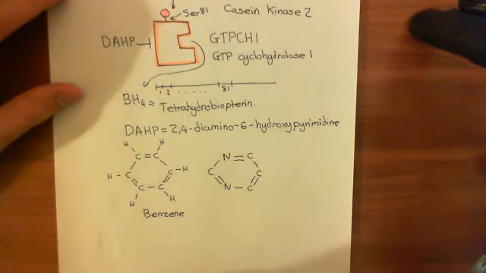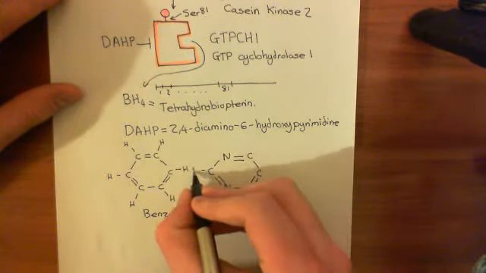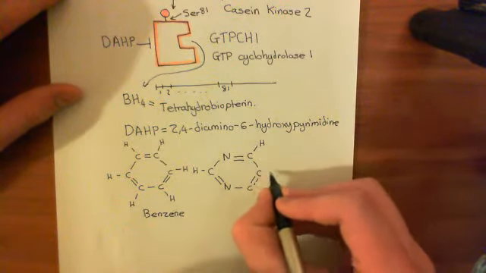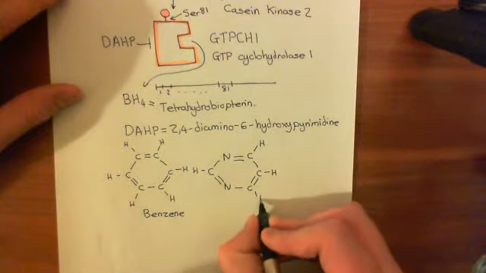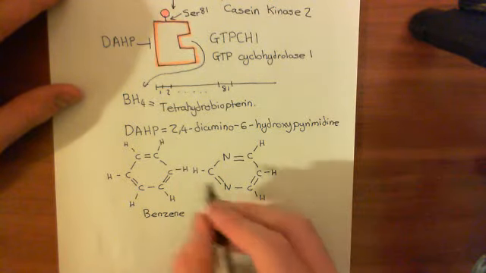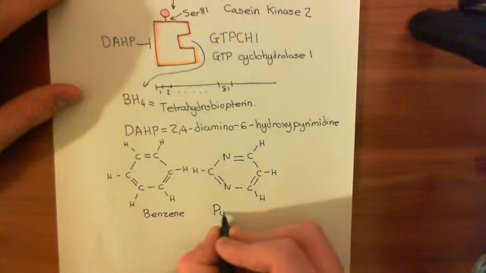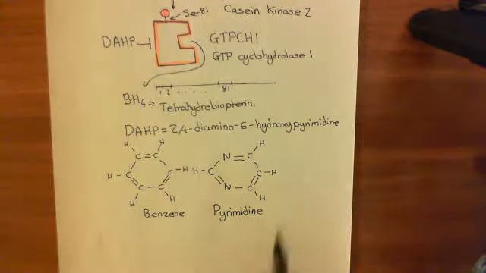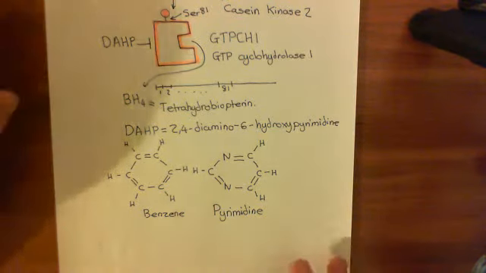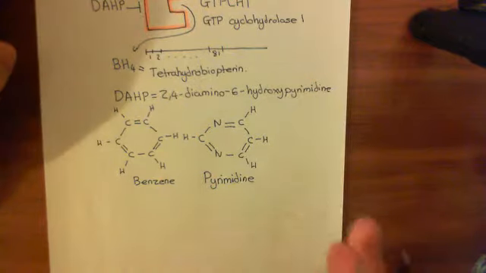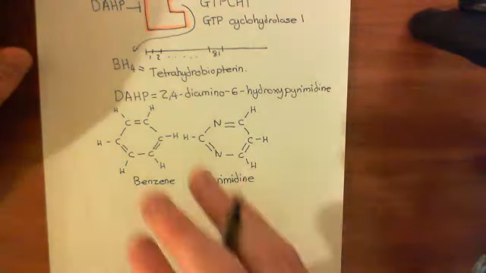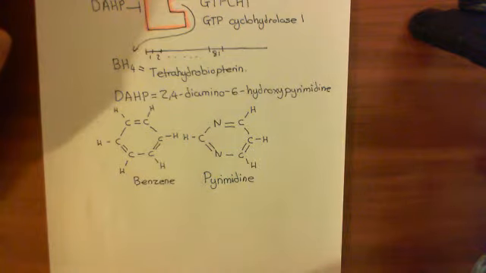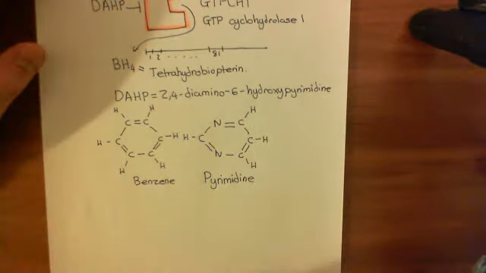And again, you have alternating double and single bonds. So it's a very similar structure to benzene, and again you're going to have hydrogens, but this time you're not going to have them off the nitrogens, because nitrogen only needs 3 bonds, unlike carbon which needs 4. So this now is the structure of the pyrimidine ring. So when people talk about pyrimidine, this is what they mean. Okay, that's pure pyrimidine. I don't know whether pure pyrimidine is as carcinogenic as pure benzene, but pure pyrimidine is not something you will see much in biology. Instead, you'll see it integrated into other larger molecules, such as DAHP, which is 2,4-diamino 6-hydroxypyrimidine.